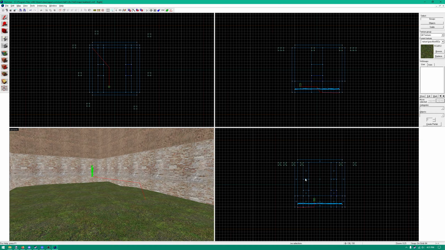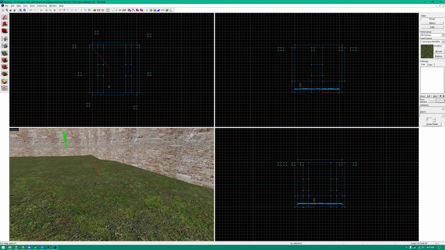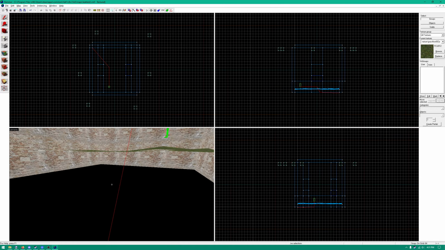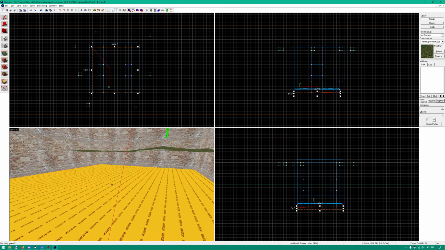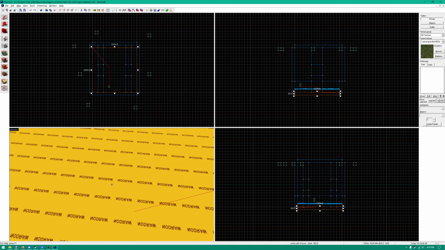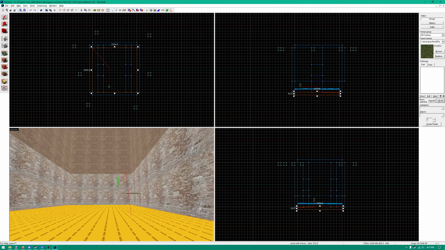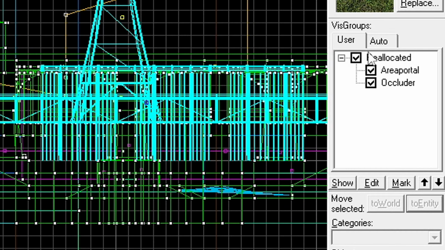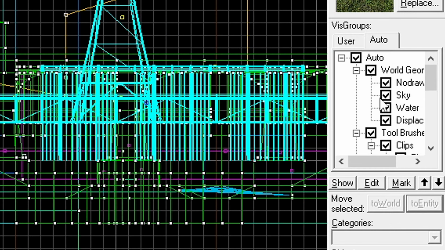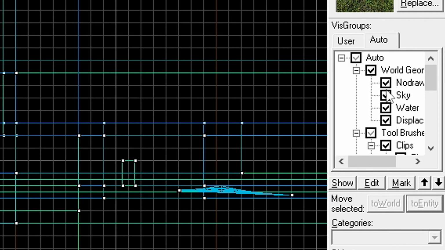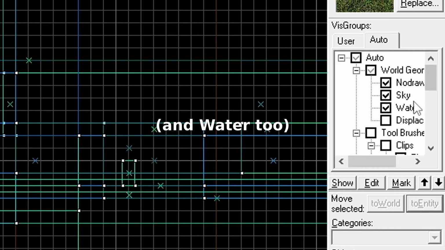If your point file is going through something that is not an opaque world brush, that is normal. To seal a leak that's going through one such thing, put no-draw brushes behind that thing. Despite the fact that no-draw is really invisible, it is technically opaque and won't incur any harm to your compile time or performance. To see only world brushes, you can again go to your viz groups, uncheck auto, check world geometry, and then uncheck displacements, and also tool brushes since most of those are translucent.